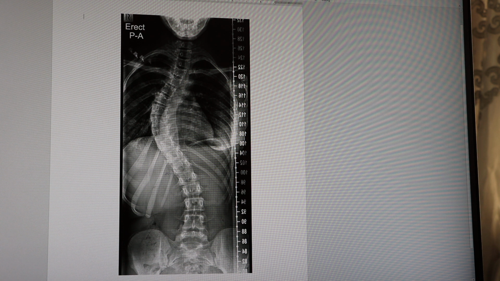Now this is the image that we have. The image should be a full spine image, and that's why, as you see, it includes the spine from almost the cervical region down to include the pelvis. The pelvis, we're not interested in viewing the hip joint as per se, but what we are interested in is an actual proper view of the SI joint as well as of the iliac crest, because we want to identify first of all the Risser sign for skeletal maturity, and we want to identify the parameters related to scoliosis and to the tilting as well as